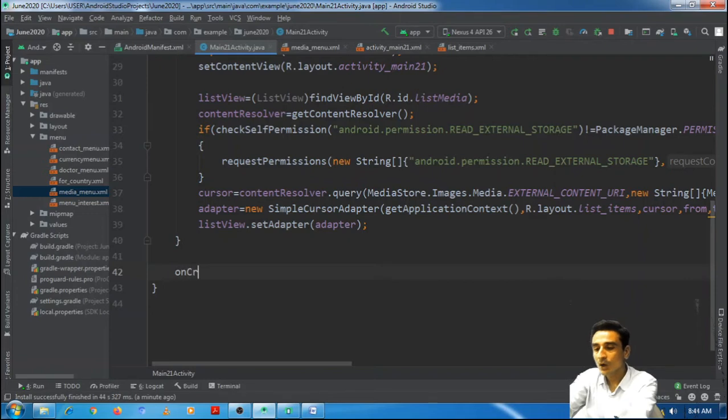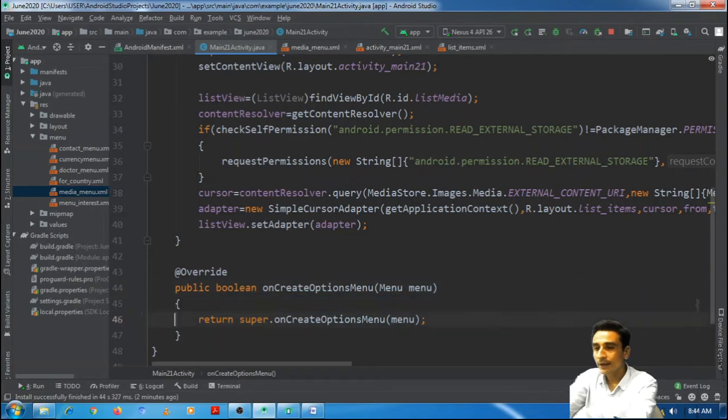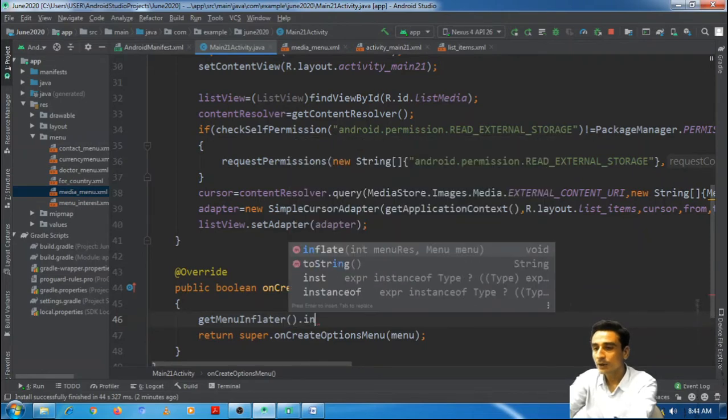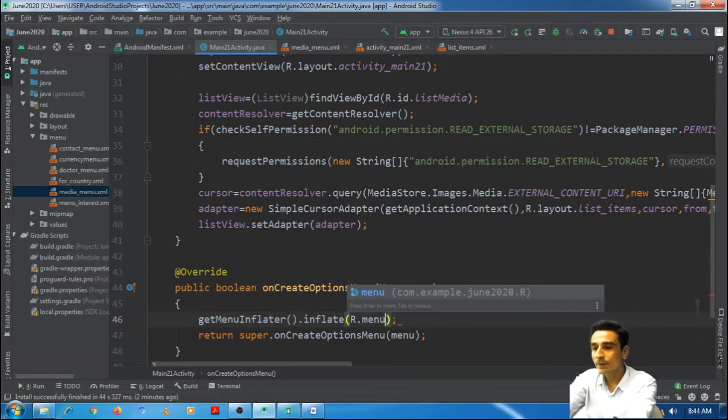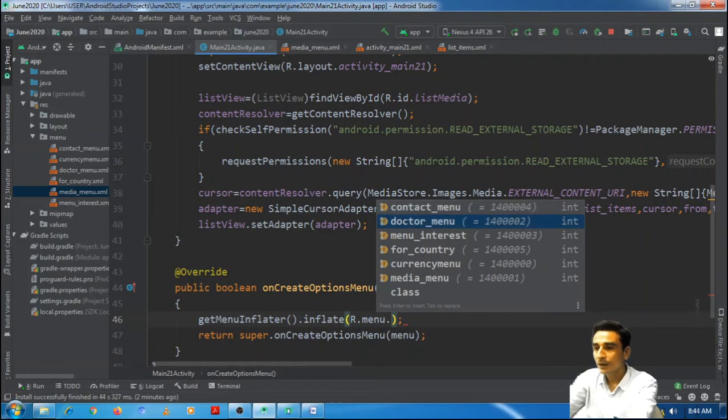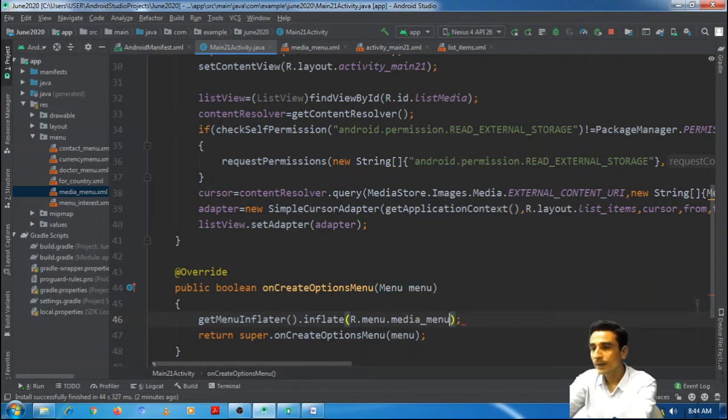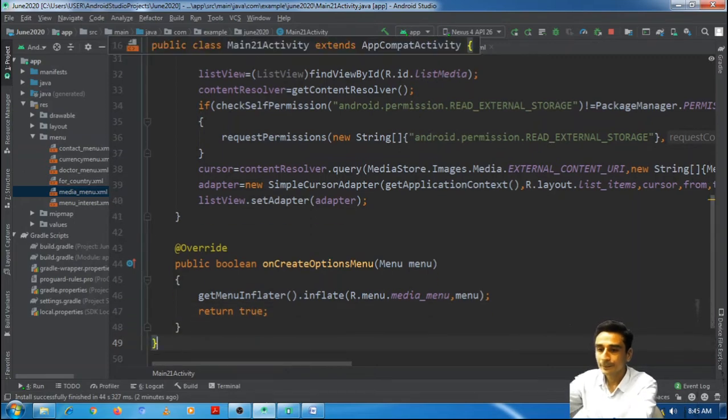So we should override onCreateOptionsMenu, and here we will inflate the menu which we have just defined. getMenuInflater should be used, dot inflate, then the reference of the menu that we have defined, media menu, and the parent menu is the menu itself which is passed as an argument. Then we will be returning true from here.